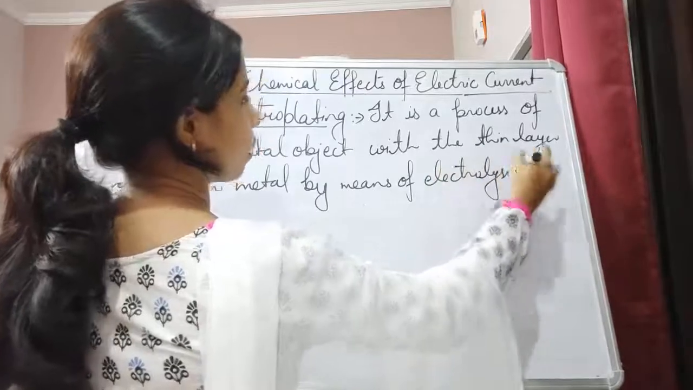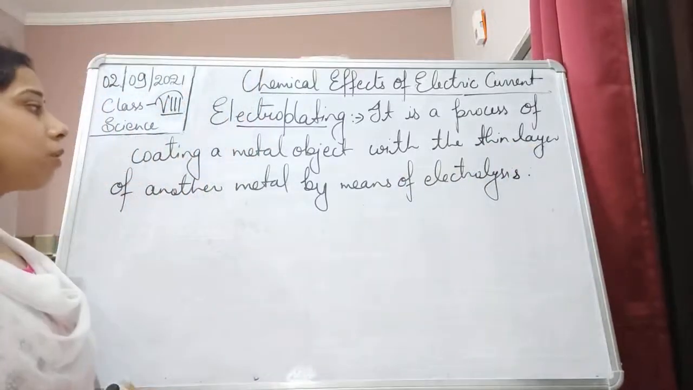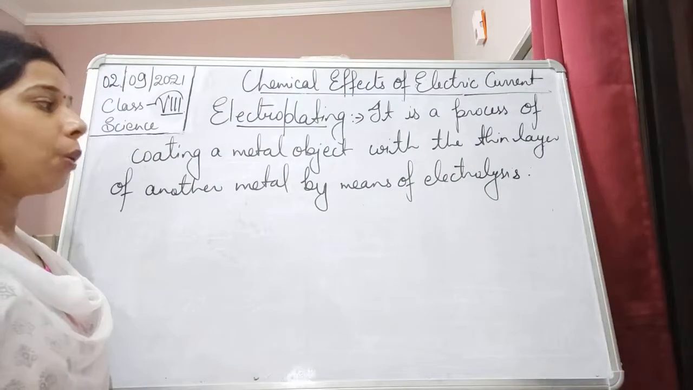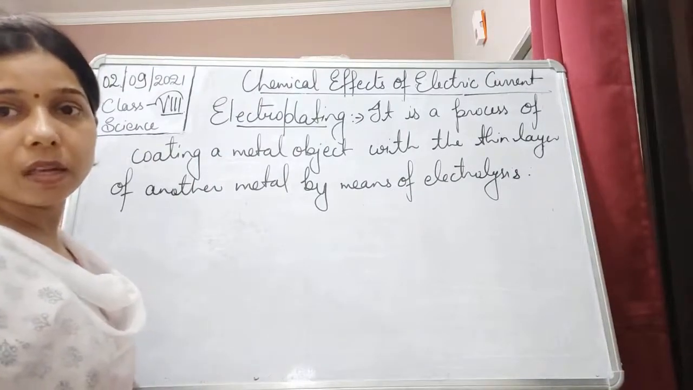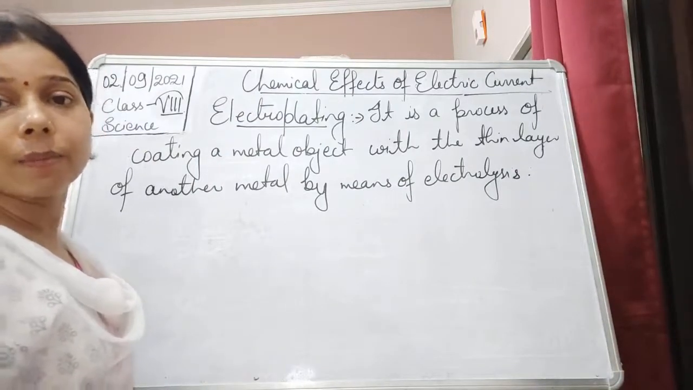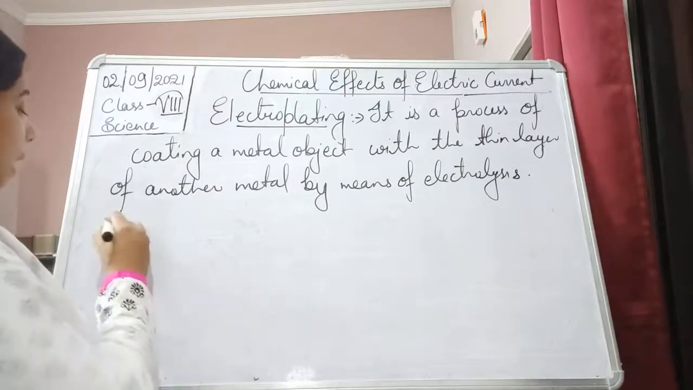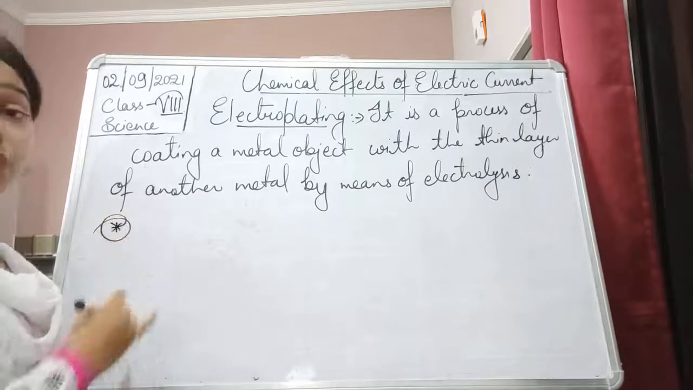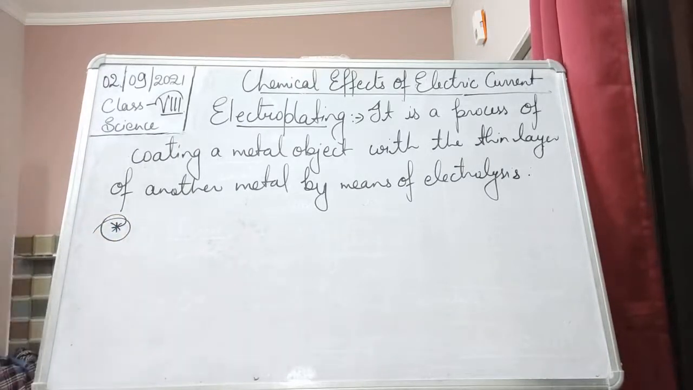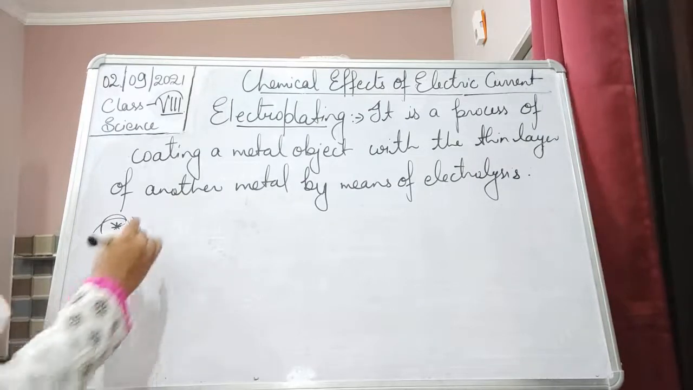By means of electrolysis. So electroplating is the process of coating a metal object with a thin layer of another metal, and this is done by the process of electrolysis. Electroplating is very useful, students. It has a lot of different uses, and generally it is used in industries,